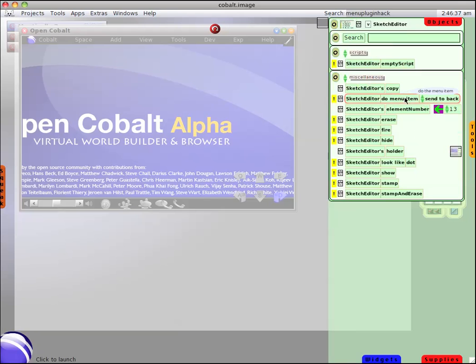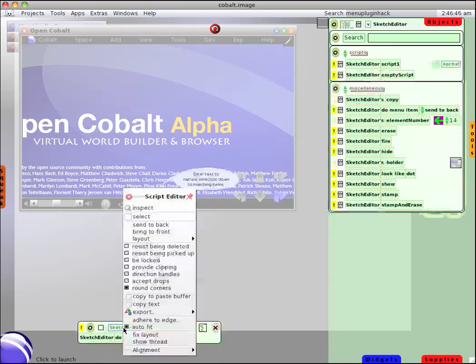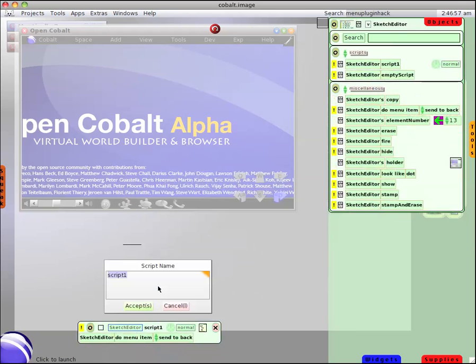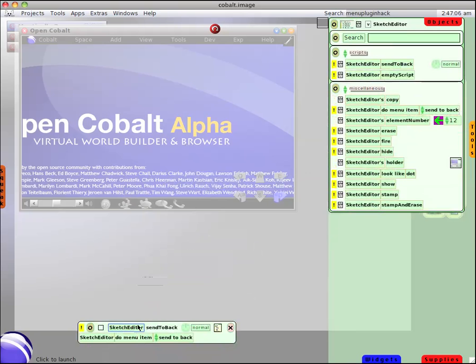So what we're going to do is we're going to grab this script, send it back, bring it over here. We're going to rename it. There we go. Rename the script to send to back. And we're going to ask for a button to fire the script. We're going to put it right here. What that does is whenever you click in that little box,